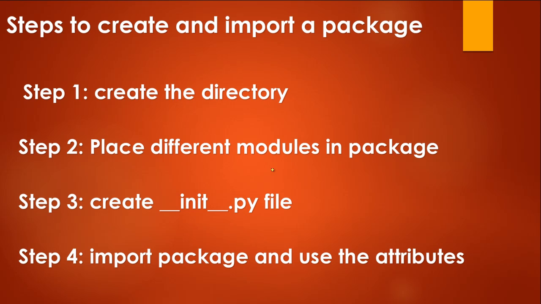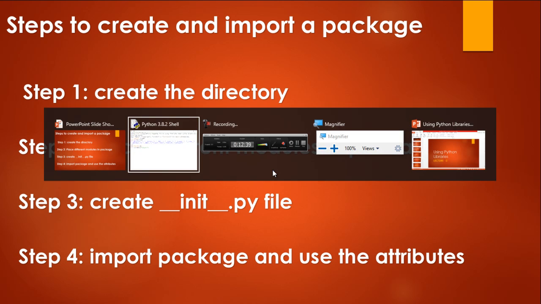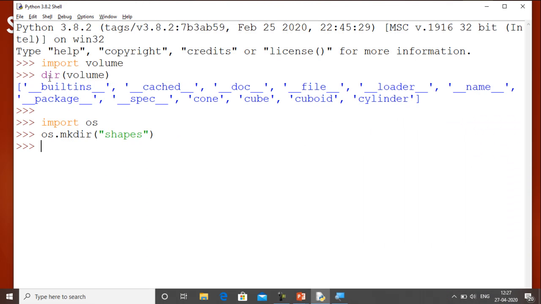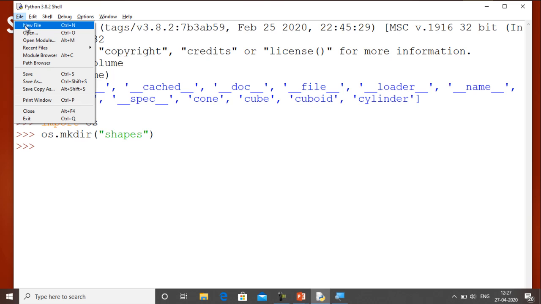Now what you have to do is simply import that package in your program, and you can simply use the functions which are present in that package. So let me write a simple program and then try to run it. This is my Python shell. I open a new file. So this is my new file. First I add a comment: importing package in my program. So this is basically a comment.